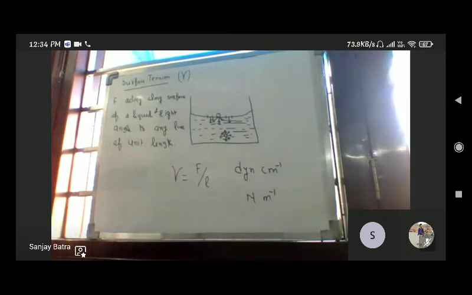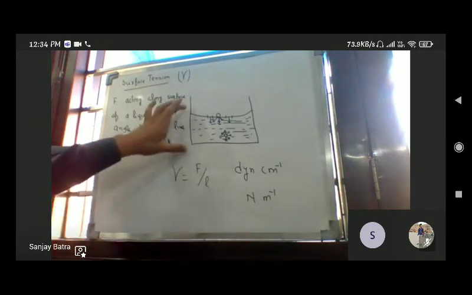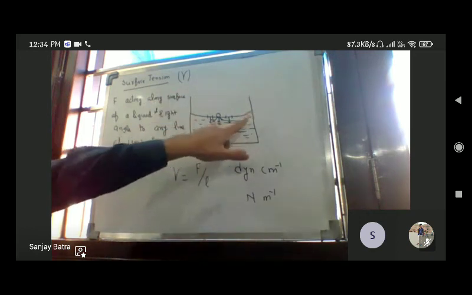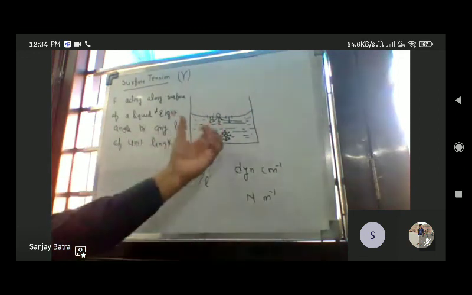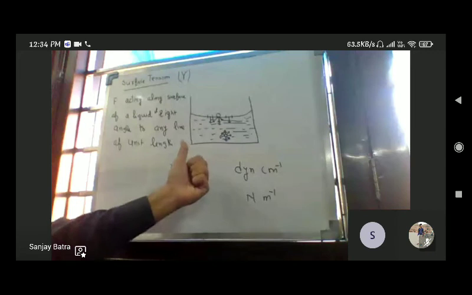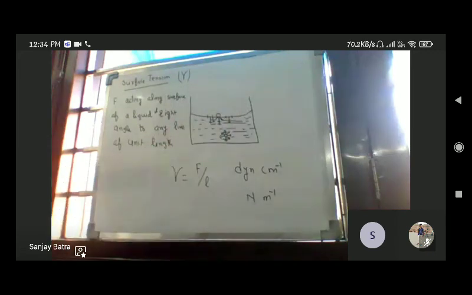No, sir. Okay, there is one more definition of surface tension, that is a phenomena due to which surface of a liquid behaves like a stretched membrane. इसको stretch किया हुआ ना अंदर की तरफ. So the phenomena due to which surface of a liquid behaves like a stretched membrane is also known as surface tension. Okay, लिख लेंगे इसको आप.